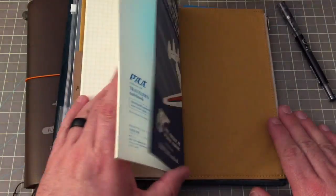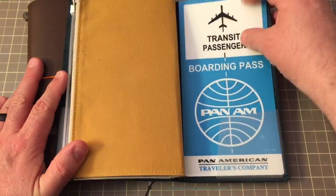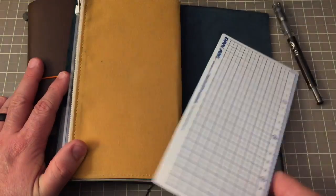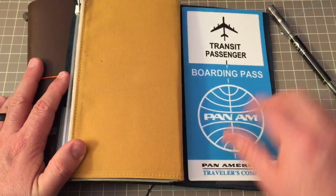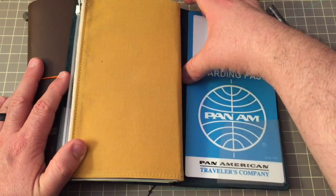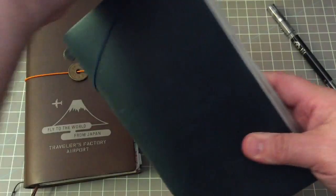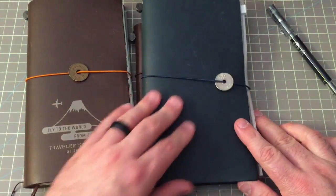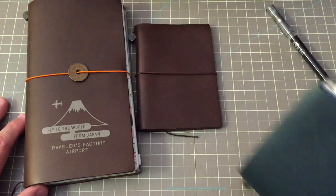I have a Pan Am grid notebook in here, and the other side is this lovely zipper. And then I have this wonderful Pan Am shitajiki that Mitts from My Life Mitts had sent me with one of my orders for some of her wonderful monkey fist bookmarks. So I actually stopped using this about, I want to say about two weeks into the new year, because, let me set it aside, because everything